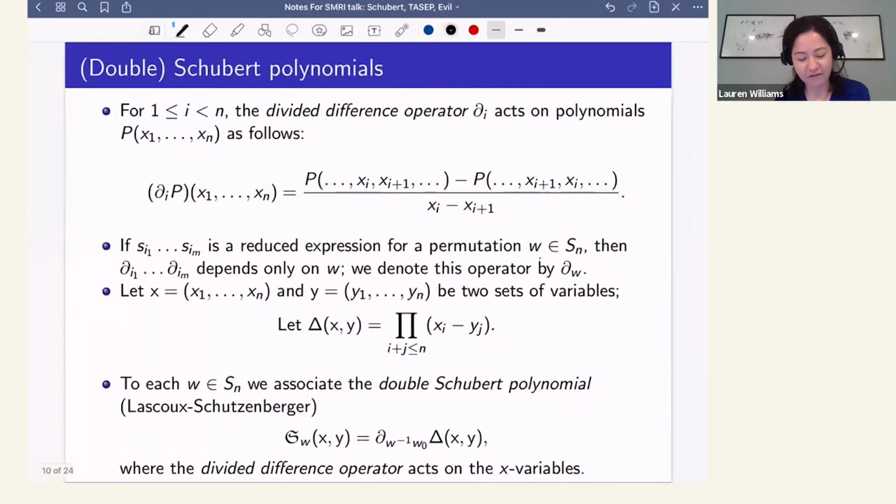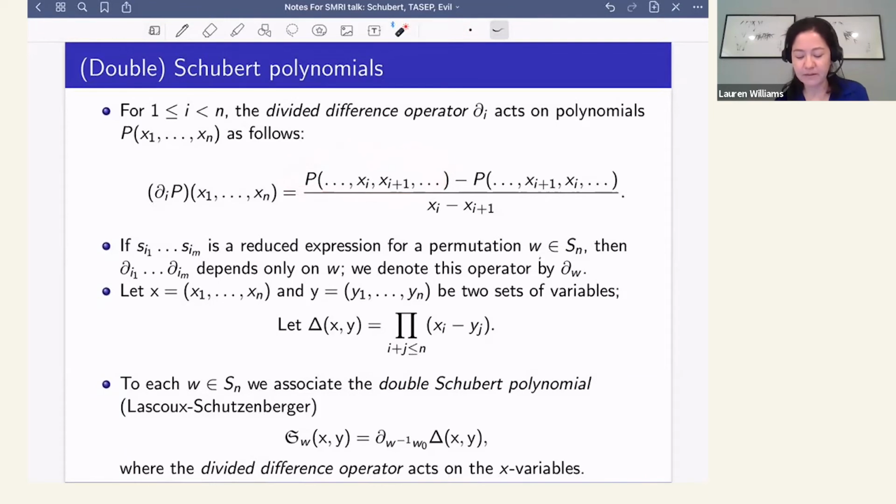Okay, so now let me just review the definition of Schubert polynomials for those of you who know already, or give the definition for people who haven't seen it. So I have to define what's called a divided difference operator, which is an operator on polynomials in n variables. So if p is my polynomial, then del i p is equal to what I get when I take my polynomial